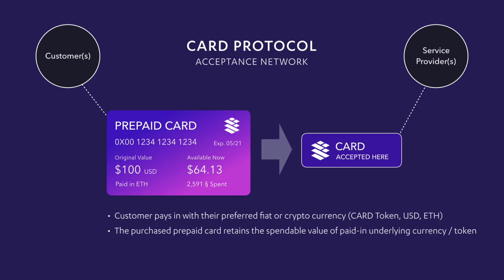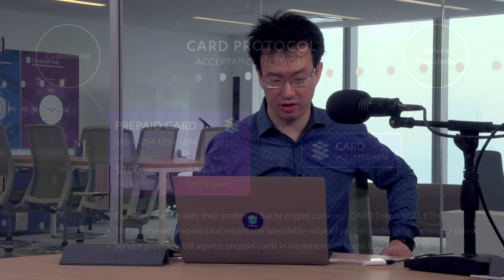So this idea of retained spendable value is that because these tokens that are backed by a prepaid card can be redeemed by the merchant, as a service provider, I can look at this available balance and know that there is this amount of underlying asset, whether it's crypto or fiat, represented by a stable coin. I can safely provide a service and know that the smart contract, the network, the calculation engine will give me the proportion when I say I want to withdraw this.